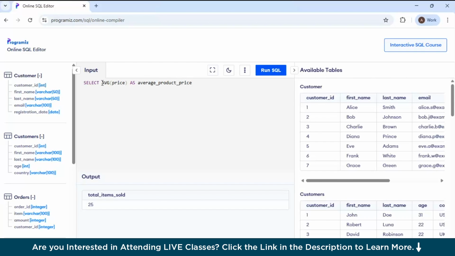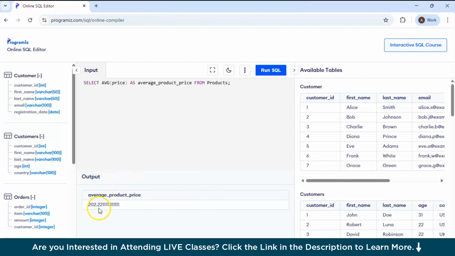This is what I'm going to name it. And price is from which table? Price is from the products table. And let's execute this. So this is the average price of each product,